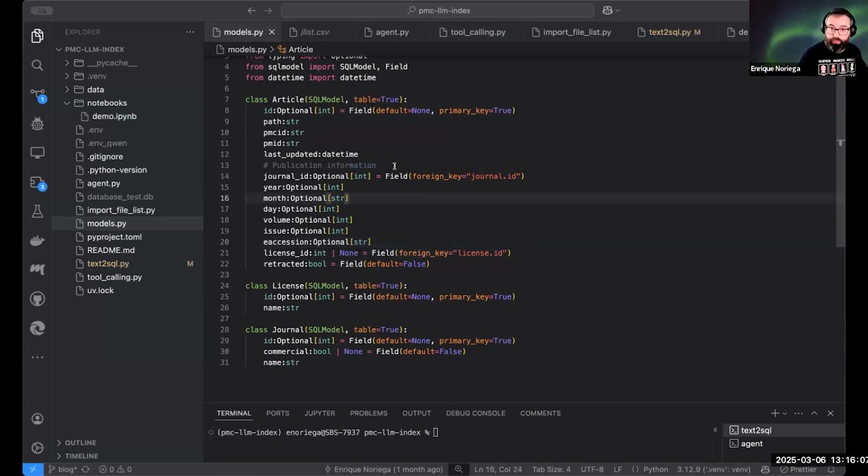I'm using SQLite, which is a database that stores your data as a file instead of a server that you need to deploy somewhere. And it's convenient for smaller databases. So this database is going to have about 7 million records. And the